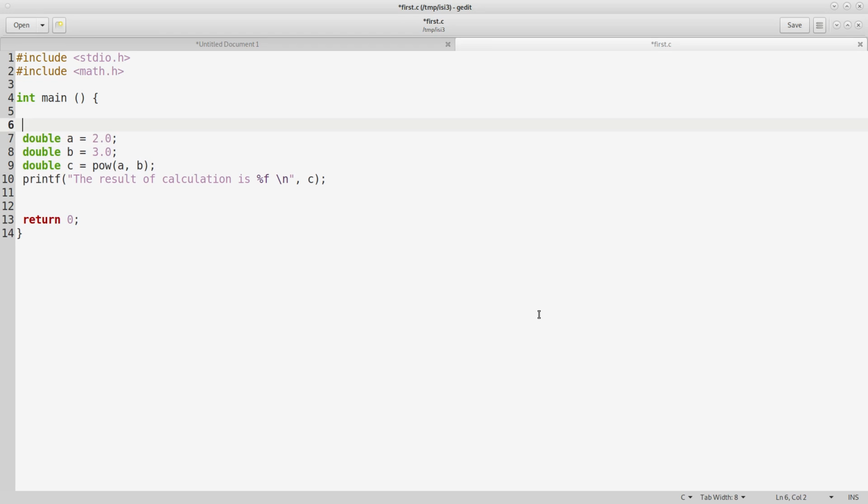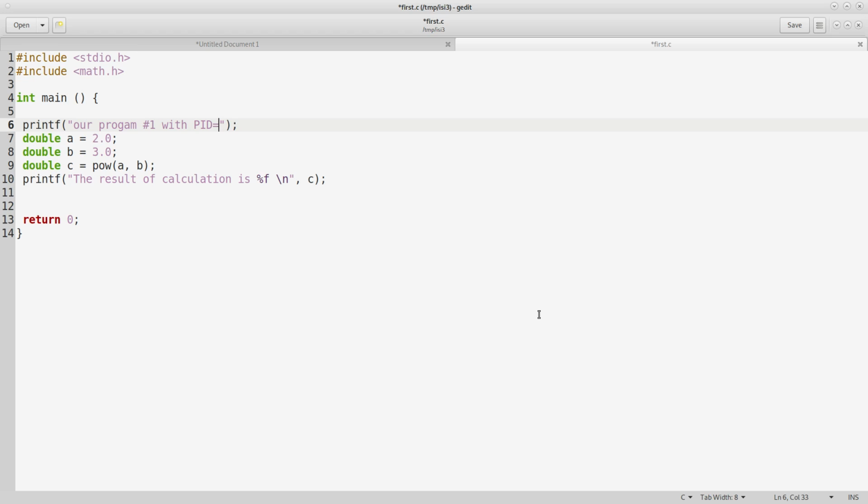We are creating printf our program 1, yes, and also with